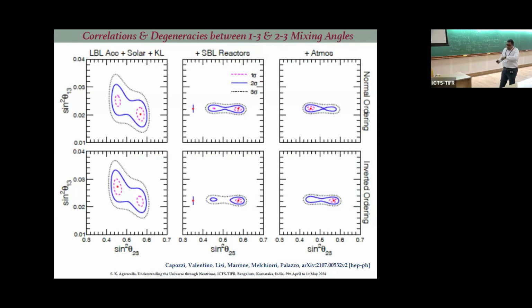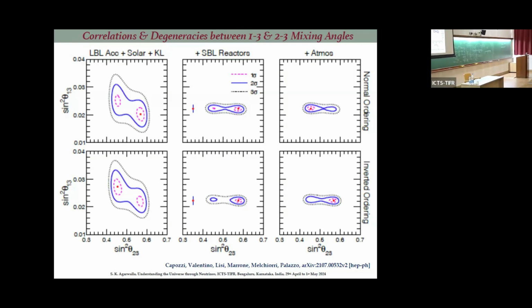So I will just spend the last 5 minutes. This is the three flavor phenomenology. I have taken this plot from this global fit paper. Sometimes we don't look at this plot, we just go ahead and never pay attention. But in my lecture, you have to pay attention. This is the global fit of all the data that you have from solar, from reactor, from accelerator, and from atmospheric.